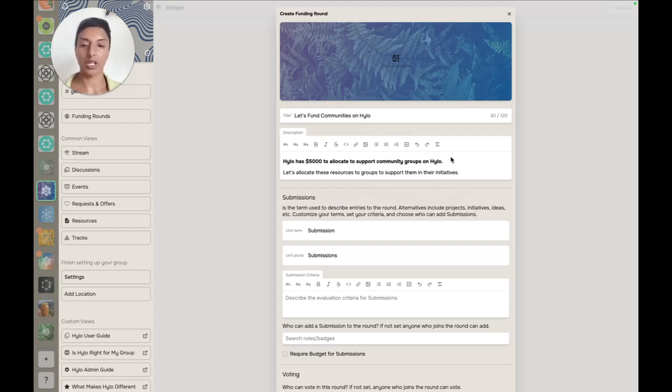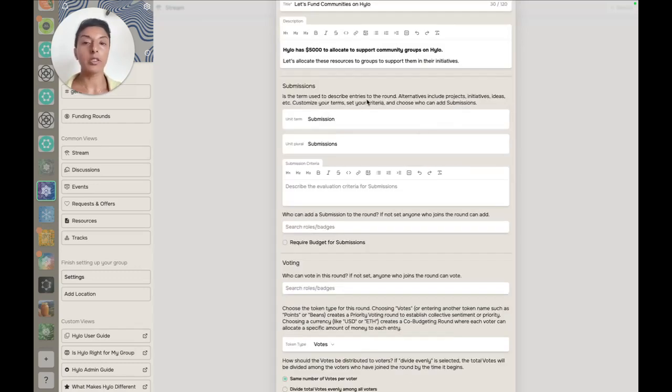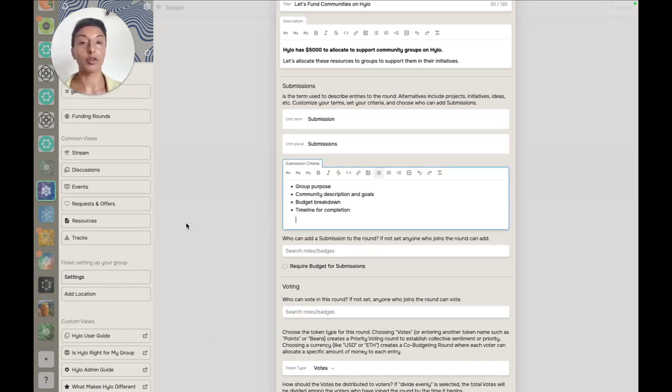Now let's look at submission criteria. First, you're able to customize the term used for submissions. This could be projects, this could be proposals, whatever is relevant to your funding round. And below, you'll see a section to include submission criteria. Here you include important information that submitters need to include in their proposal. For this example, we're going to have folks include their group purpose, community description and goals, a budget breakdown, and